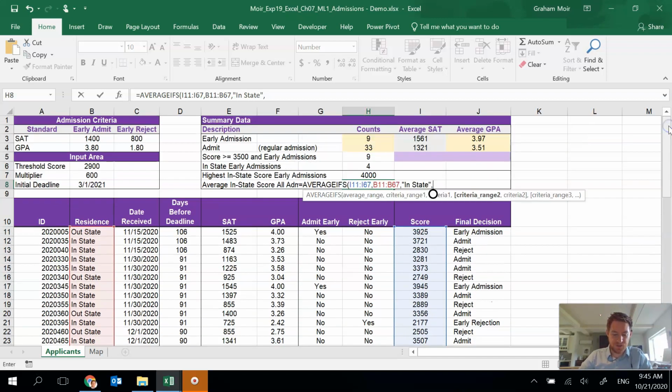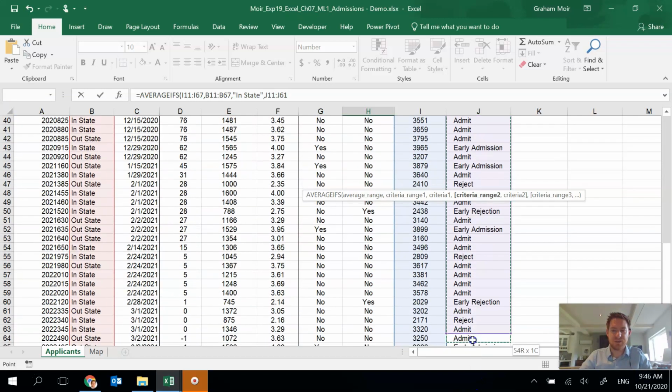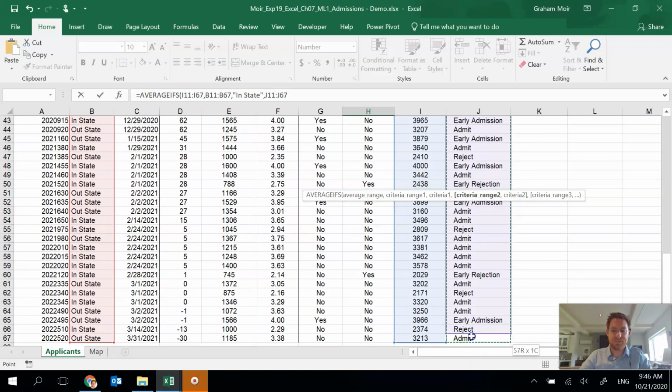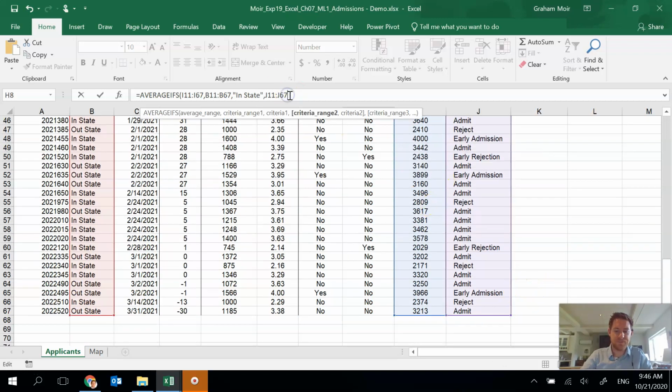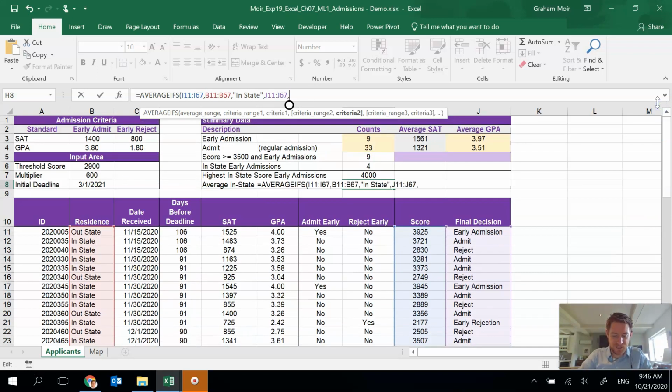And then our second criteria point is based on J11 to 67. So I'll pull that first before I explain how we're doing the criteria part. So we've got that. Oh, it looks like my other selection missed a, oh no, it looks good now. Okay, we're good there. So I've got my range, and then we have to put in our second criteria. So our second criteria,